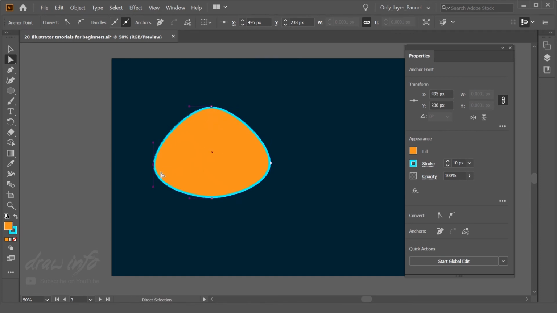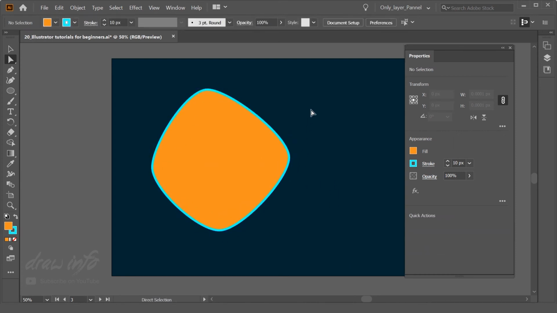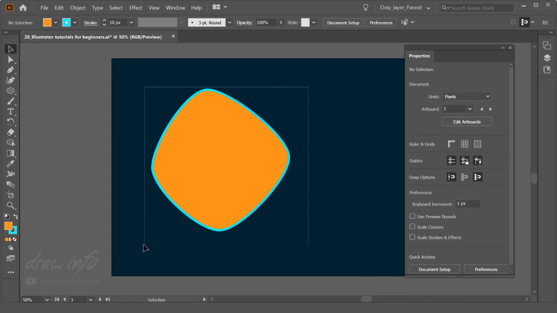I will show you that when we vector some illustration drawing in Illustrator. I'll show you how you can use these shapes to create that illustration very quickly. So generally this is the basic use of the shapes tool.